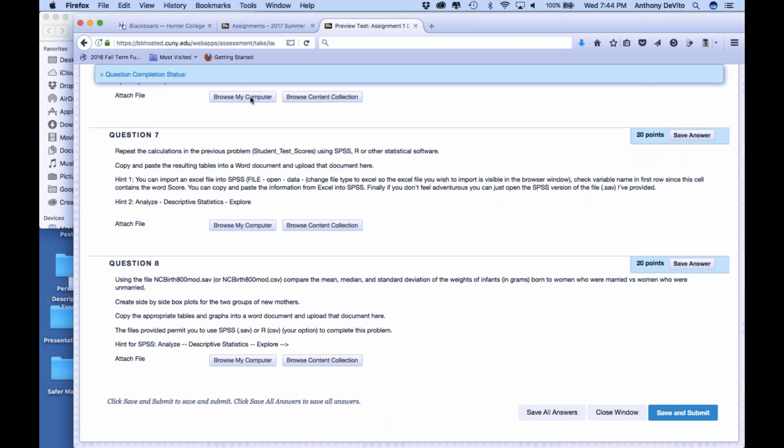And in this case, it means doing an Excel calculation and uploading the result, your file, to me, or doing an SPSS calculation, copying the chart to a Word document, and then uploading the Word document. It says attach, right? Yeah. Attach file. It's there somewhere. So we will have to upload. Browse. See, yeah. I wasn't planning to upload SPSS to my home